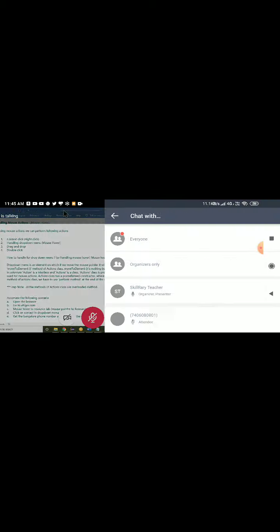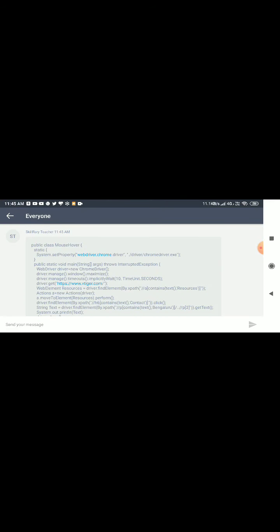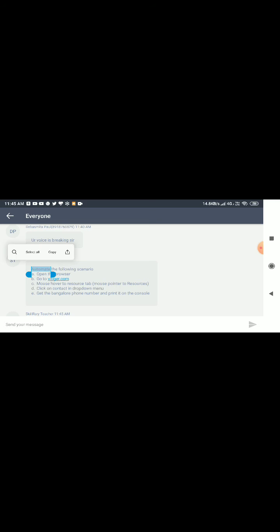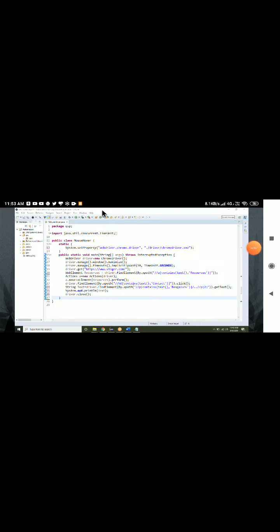I have pasted the program also in the chat room. Both the things I have pasted. Okay, take it. And then the content function is showing one of one element. What was the issue with the text function? That's the reason I told you to use content.